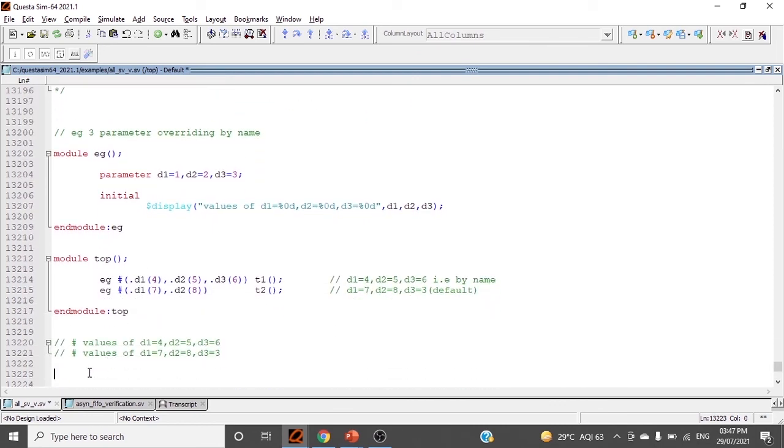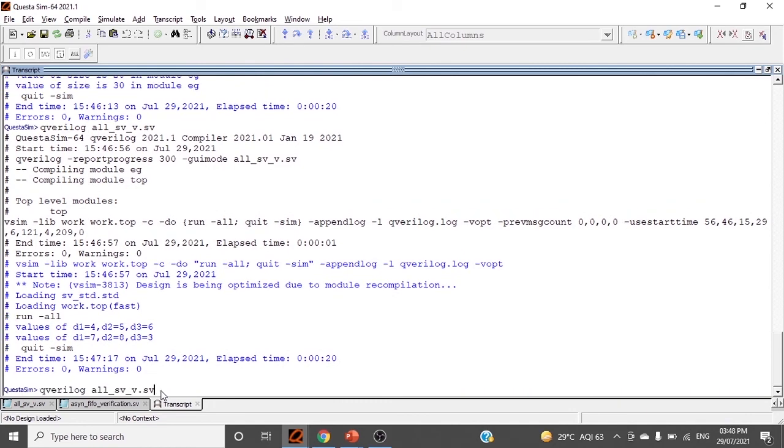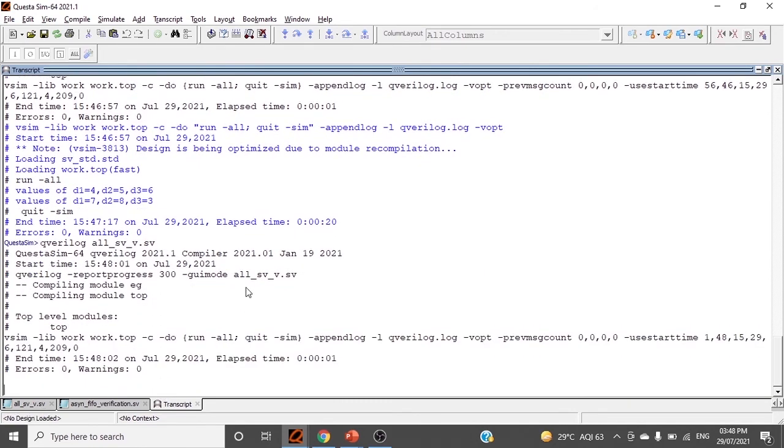Here I have written the same code and I am overriding by using hash within parenthesis dot d1 4, 5, 6. We want 4, 5, 6 instead of 1, 2, 3, and the second time we want 7, 8 and this default 3. Just put the same command, qverilog file name, enter.